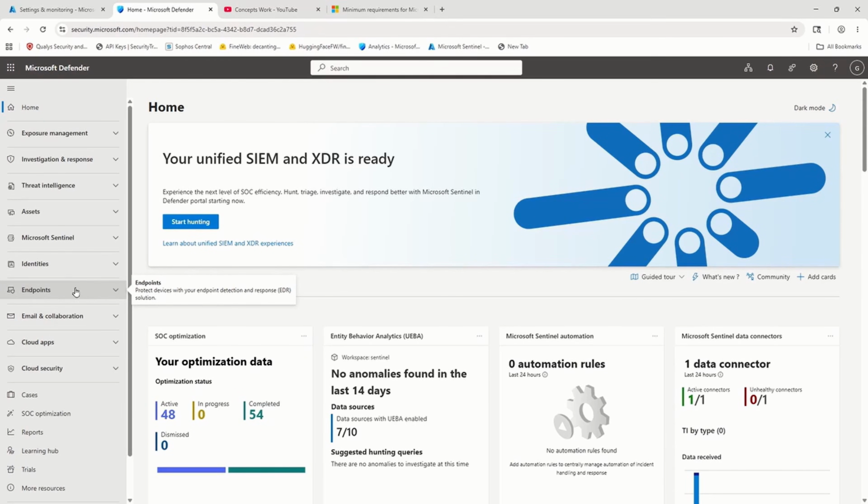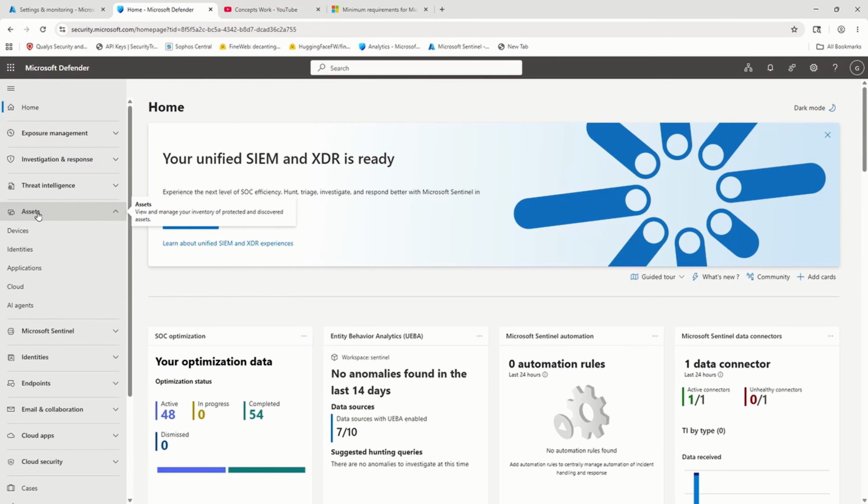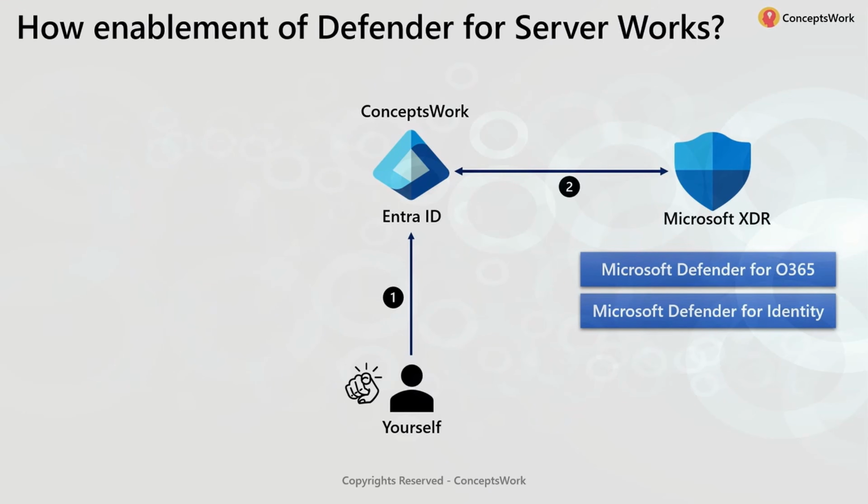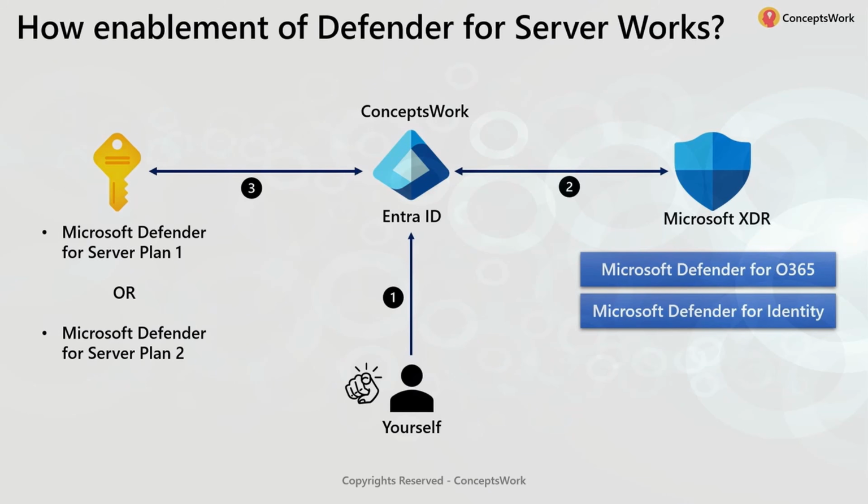Then in this case, this endpoint section will not be shown, as well as in assets, you will not get this option of devices. Okay. Now in this scenario, once you go ahead and enable Microsoft Defender for Servers, which basically means choosing MDC Plan 1 or Plan 2 for servers, what will happen under the hood is that for your